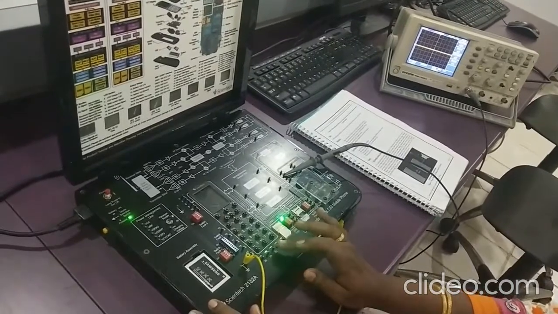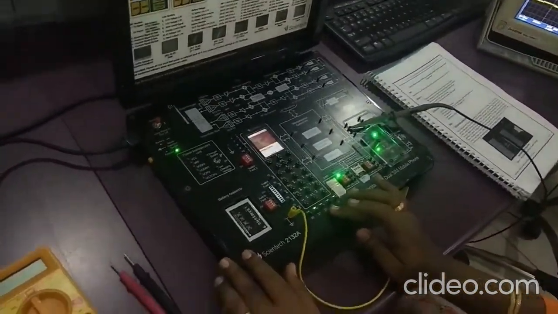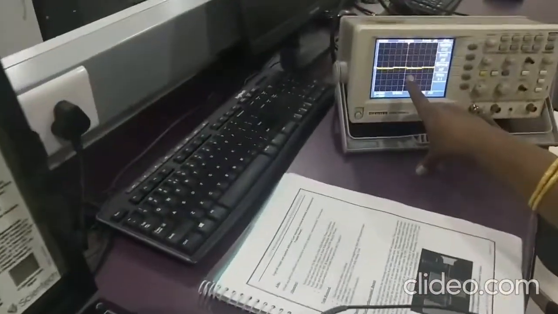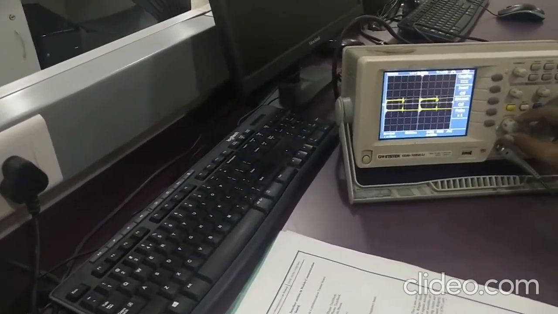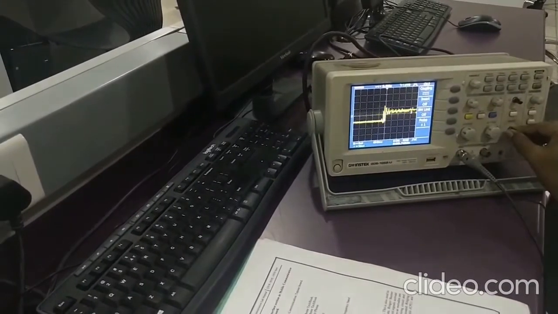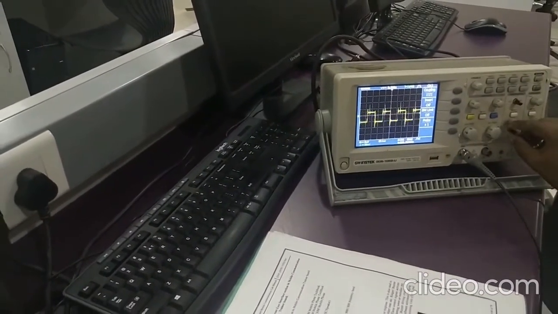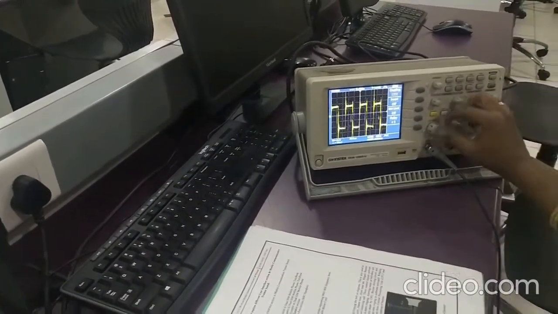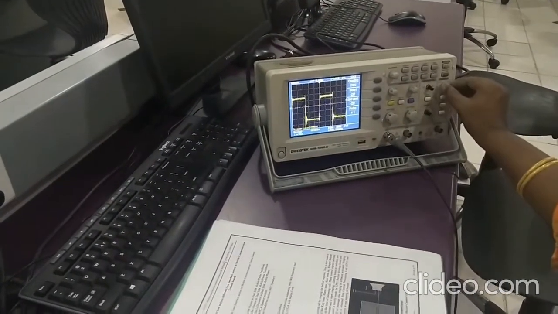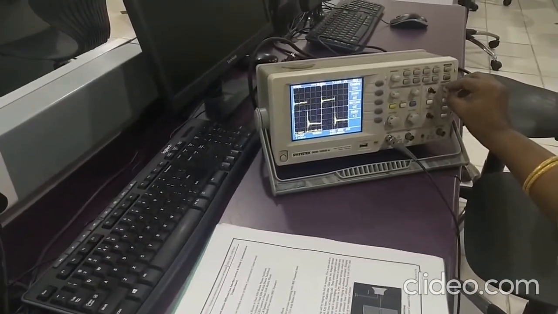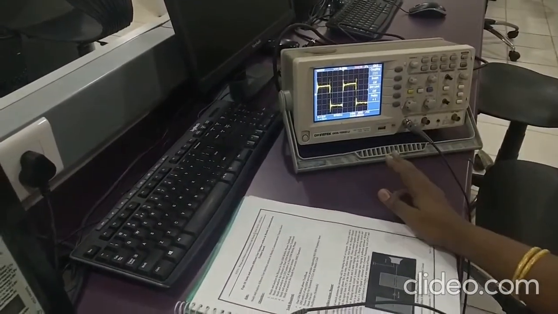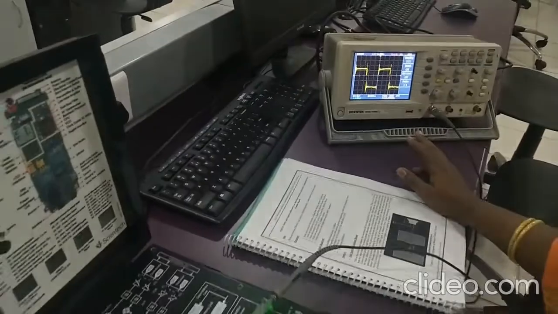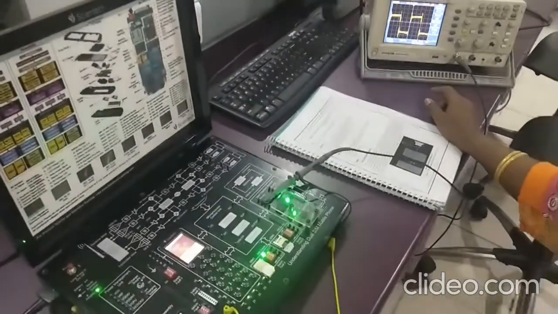Once this trainer kit receives a call, you can see that I am getting some disturbances. To magnify and see what is available, I hope you can see it properly. This is the waveform we get when our buzzer is turned on.